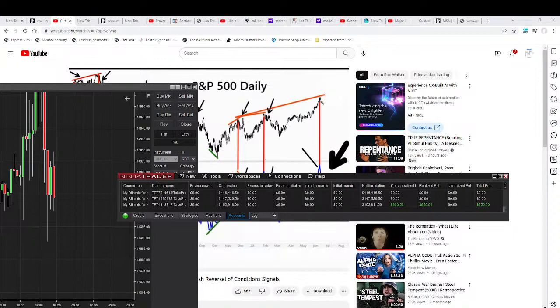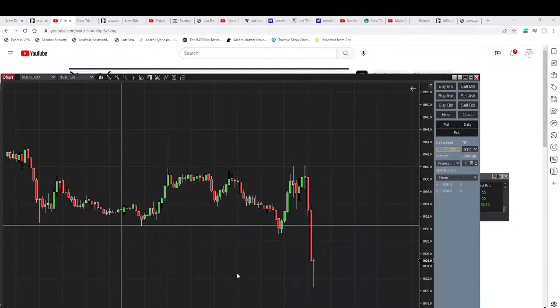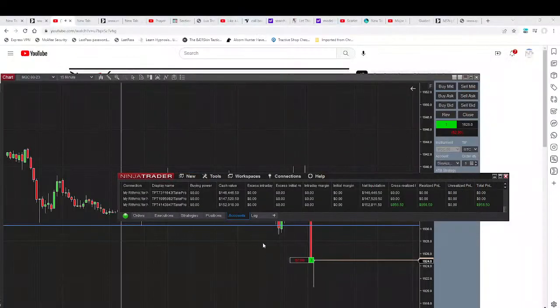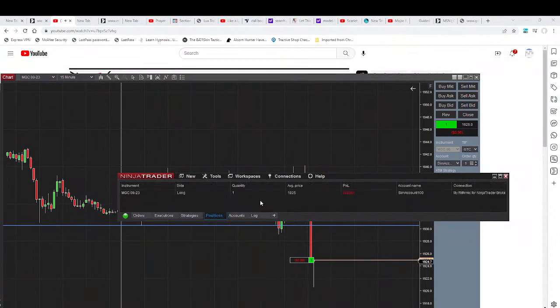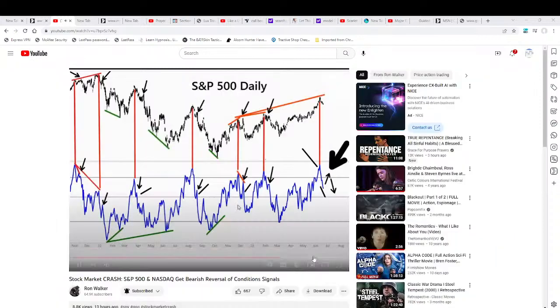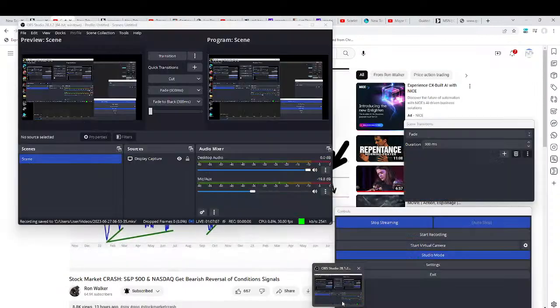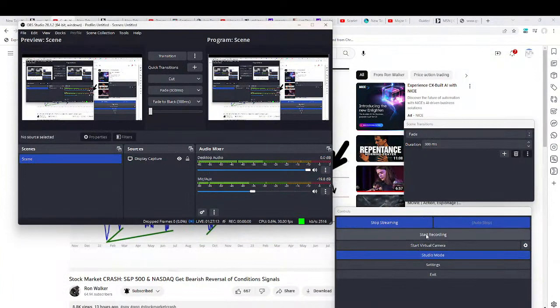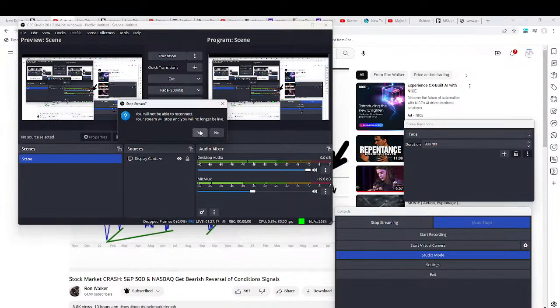So now it's the waiting game. Do we see some type of attempted rebound to get a lower high, form a divergence? But it's likely going to be that we're going to see this turn back up, or maybe we end up going lower. Maybe we go towards the center line like we did at some of these other points, right here, or right here, or right here in December, where we went down to these center points, the center line here, before we got any kind of attempted rebound. So I don't know if we just keep going with the bearish reversal conditions to the downside before we get any kind of meaningful